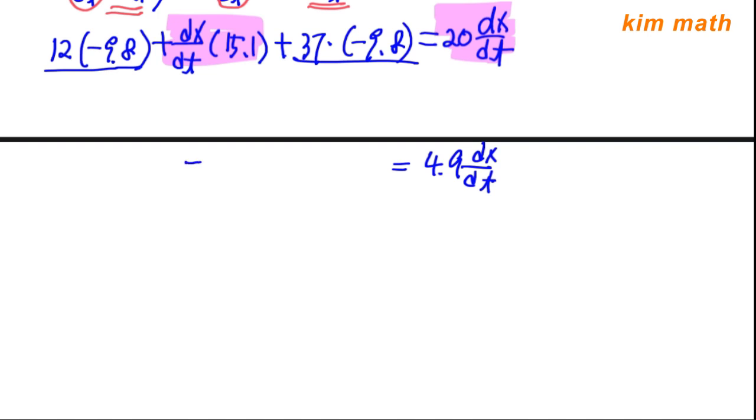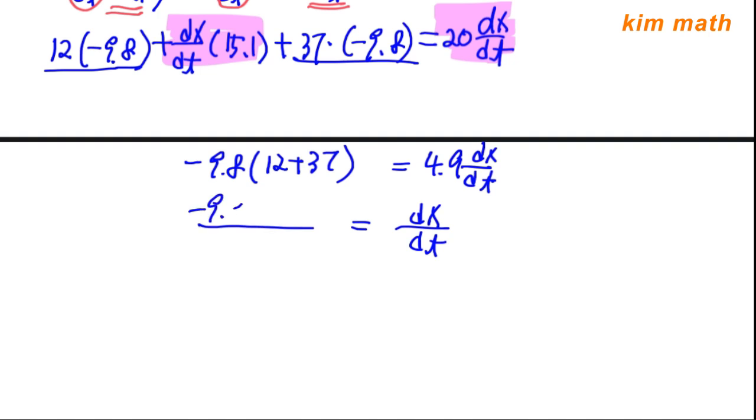If you factor out negative 9.8, now you have 12 plus 37. Good. If you divide both sides by 4.9, then dx/dt will be